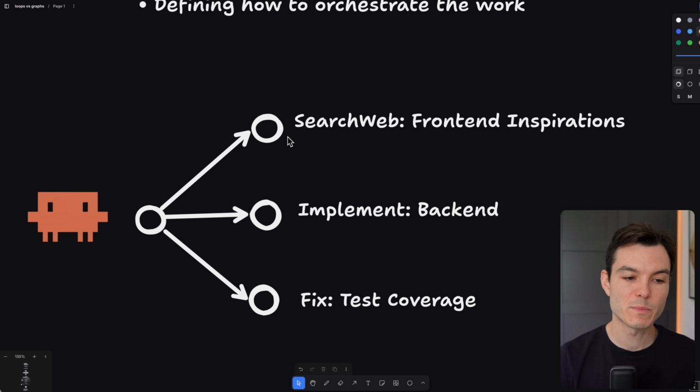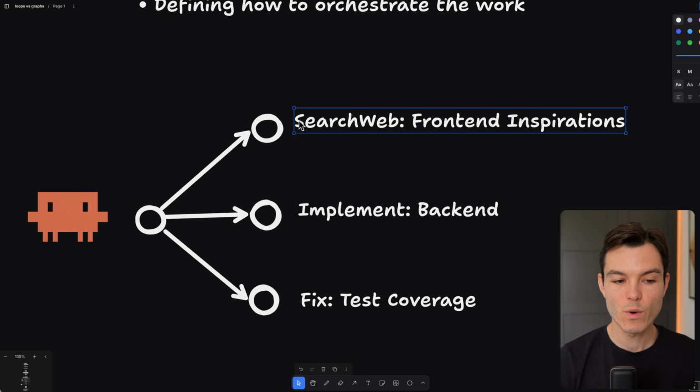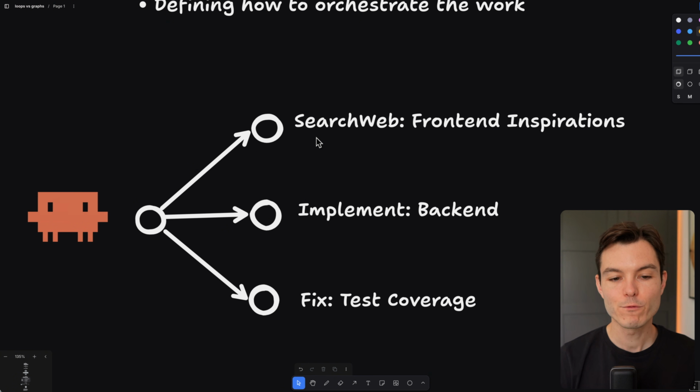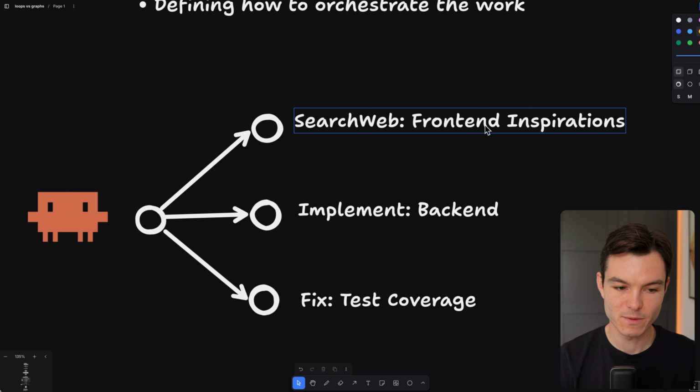Of course, if you have some special workflow, this graph could be extremely big with a lot of dependencies between the nodes. And we should not be comparing graphs versus loops because every graph could contain loops and every loop could contain graphs. For example, this one node of searching the web could be a loop on its own if we define a success criteria for what it means to have a front-end inspiration. I could give you another